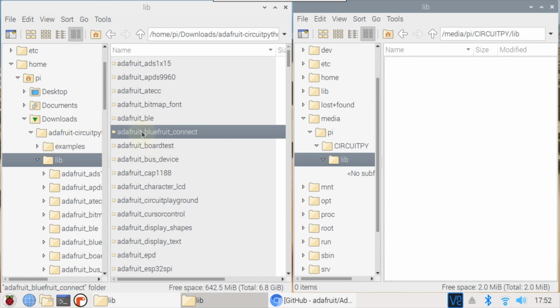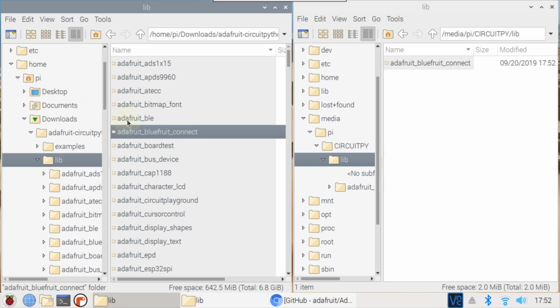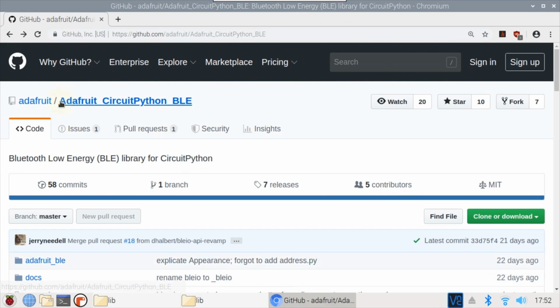In another window, the Feather's lib folder is opened. Now just drag and drop to copy the library to the Feather. The Adafruit BLE library is also required. However, the BLE scanning and client features are currently being alpha tested and are not included in the bundle. In the future, they'll probably be added, but for now they need to be downloaded separately by going to the